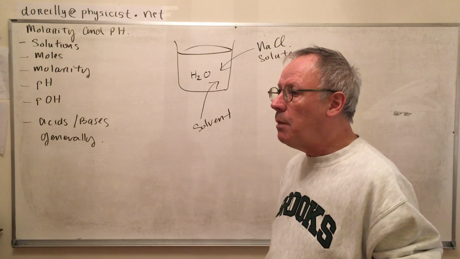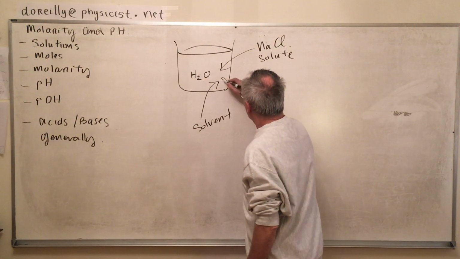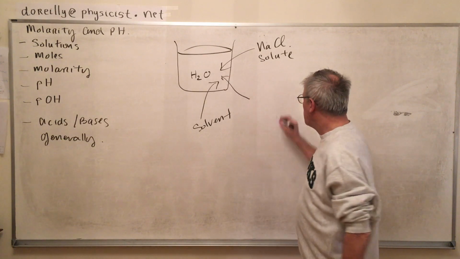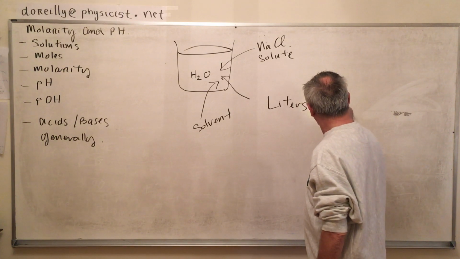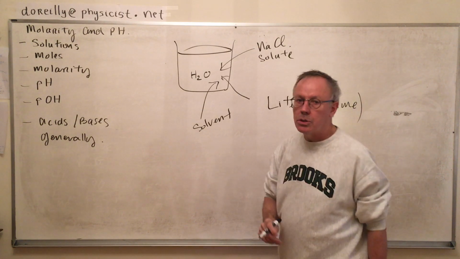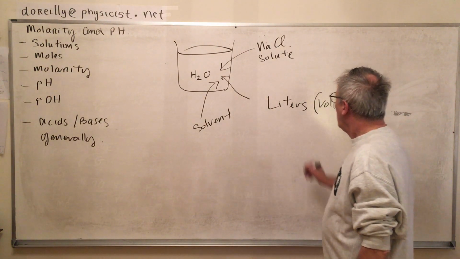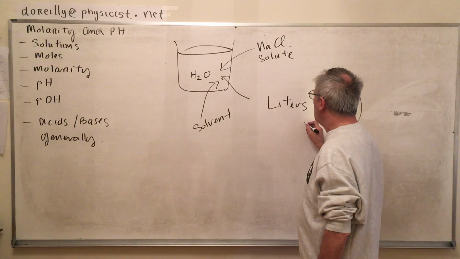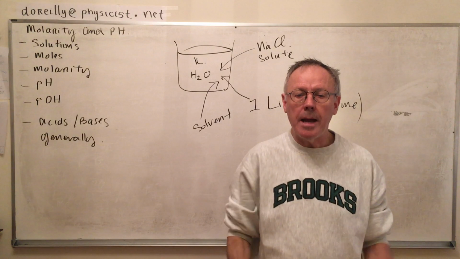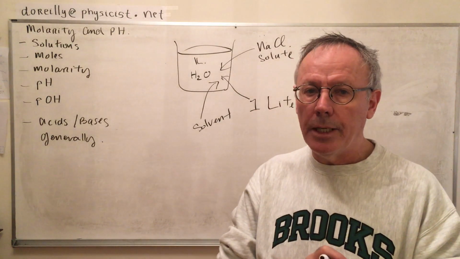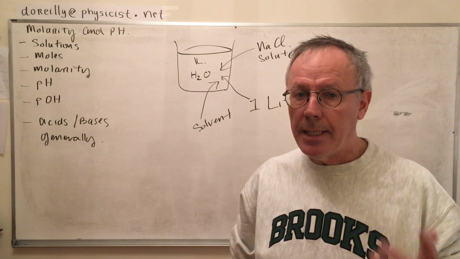Now you might ask yourself, how much stuff is in something? You need to quantify something. So chemists like to use liters for volume. I don't. I like to use cubic meters. I'm a physicist. But we have to stick with their notation. And you have a certain amount of stuff, let's say in 1 liter. You might ask yourself, how many grams of salt is dissolved in 1 liter? 2 grams in 1 liter would be 2 grams per liter. That is actually